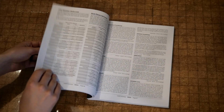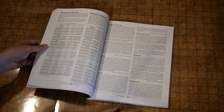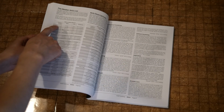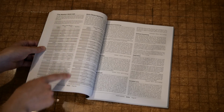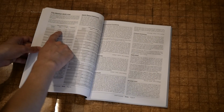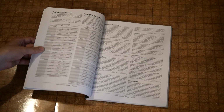And then this is primarily a skill-based system, so there's a bunch of different skills that are all under your different attributes. So you've got your artistic category, your athletic, combat, concentration, general, and basically all of your different categories here. And inside of them you have a number of different skills from acting, dancing, mimicry, play instruments, singing, storytelling, acrobatics, climbing, contortions, brawling,